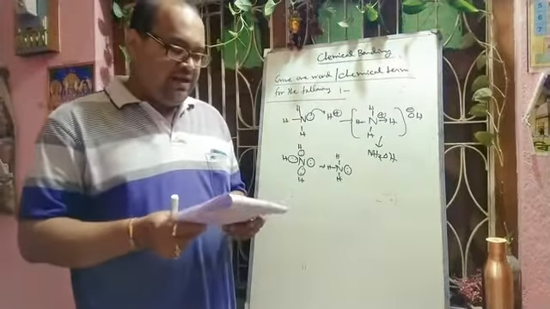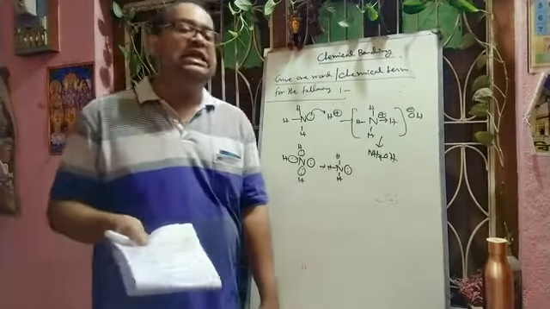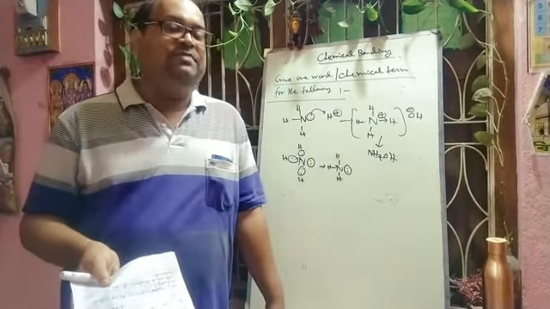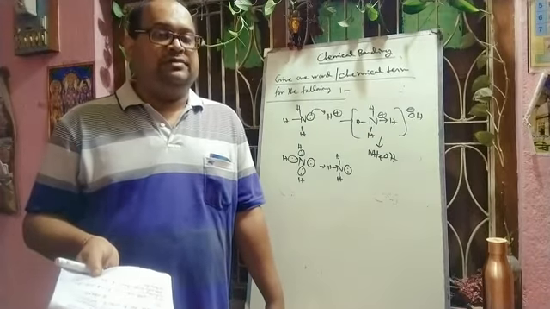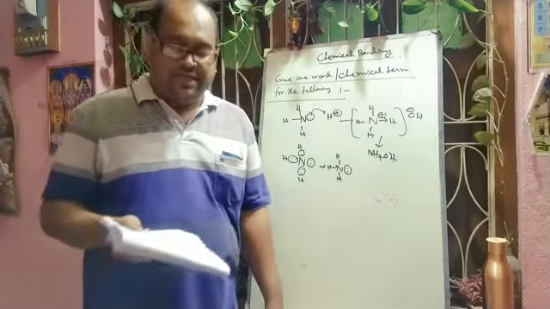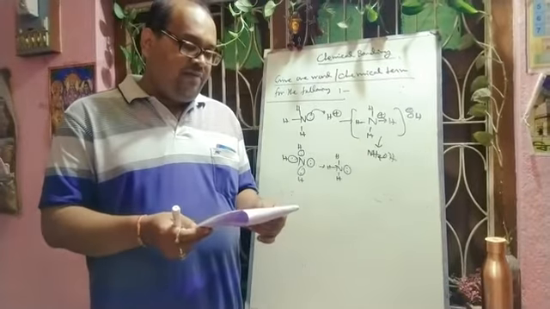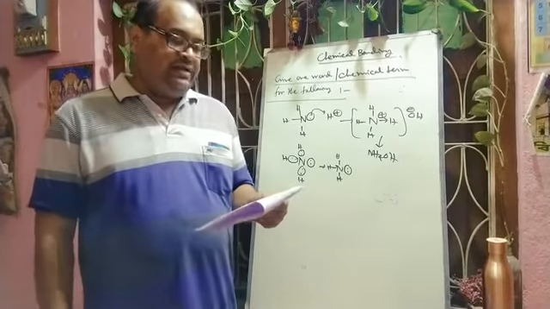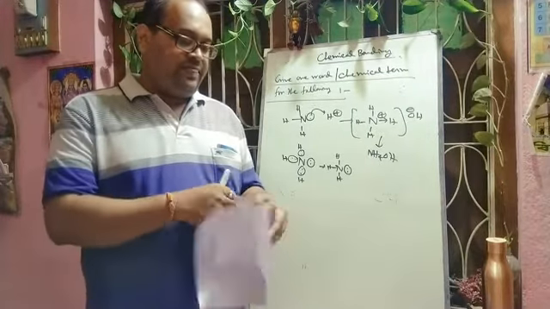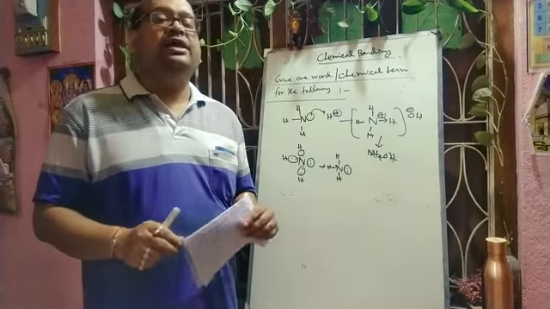Next, one question is given: why do covalent compounds not conduct electricity? You know that ionic compounds in the molten state, or in aqueous solution or any solvent, have free ions, and then they will conduct electricity, because these free ions carry current. But in covalent compounds there is a covalent bond, so there is no formation or presence of free ions. That is why covalent compounds do not conduct electricity. You can understand, so this type of explanation question may also come. In this way, you have to practice the chemical bonding questions also.